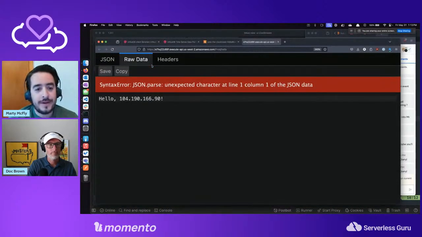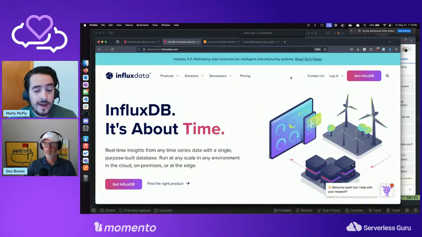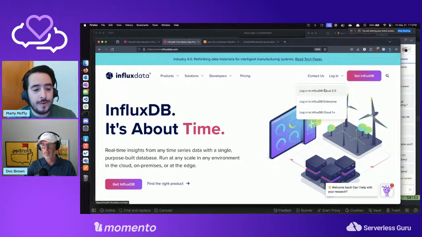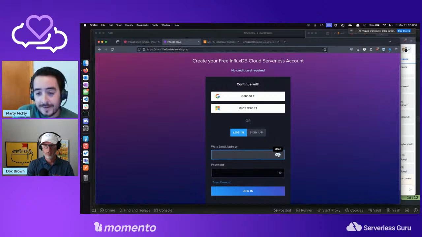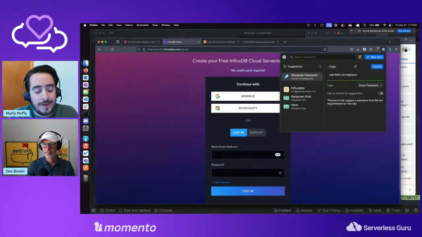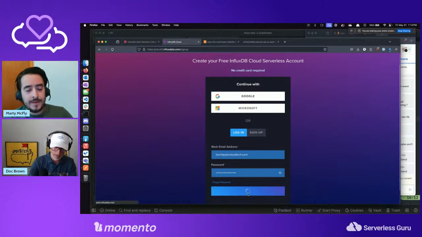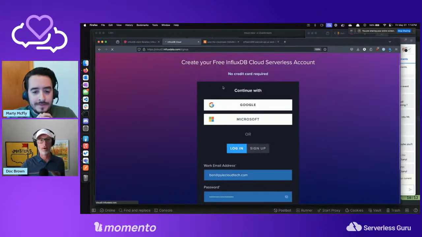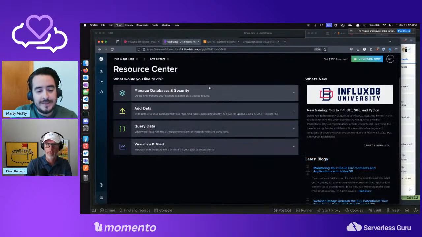Yeah, we can start. We can go into Influx right now and look at the setup and what it says it offers as far as serverless. I know people like it when we analyze the service and give our yay or nay on serverlessness, or middle ground, like NeonDB and stuff like that. So we can look at the pricing structure and all that fun stuff. Yeah, let's go to log in. Let me expand, make my screen a little bigger. No credit card required. That's awesome. That's a big win. That's what I chose.